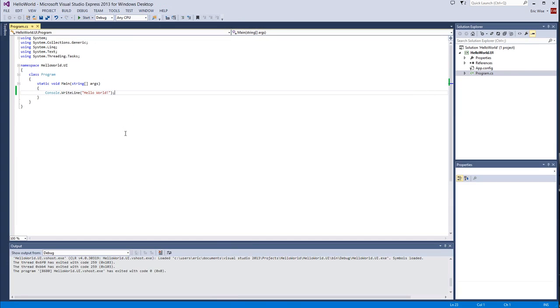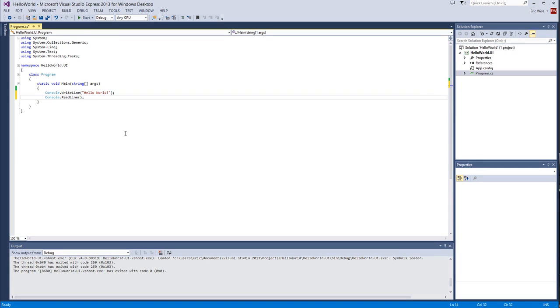You're going to notice that it just flashes the console window and then it immediately goes away. And that's because when a console application is done running, it automatically closes itself. So we're going to prevent that from happening. And the way we're going to do that is to put a second line of code after Console.WriteLine. We're going to type Console.ReadLine,